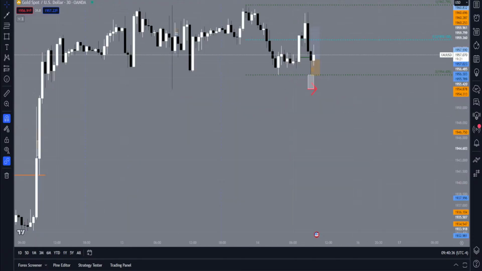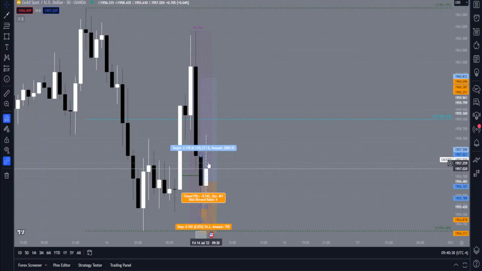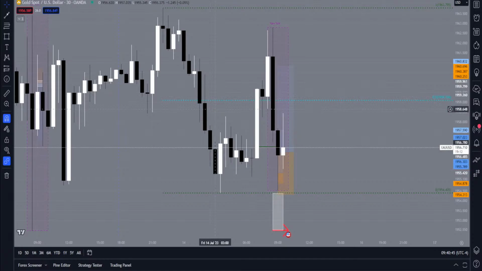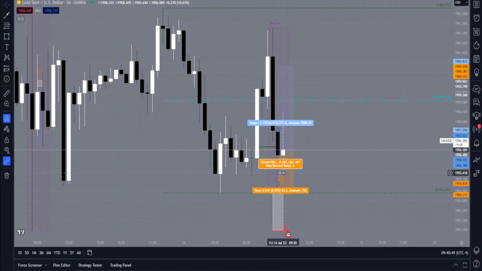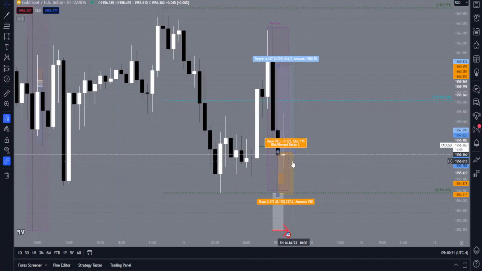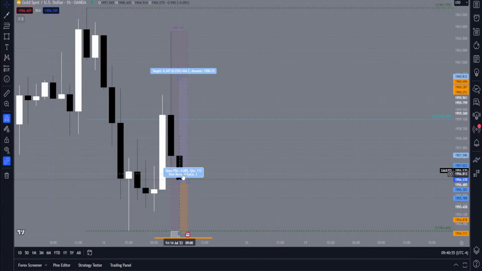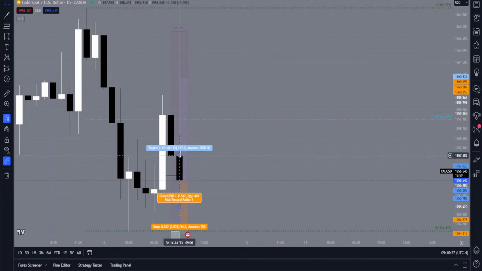Let's take a look at what the 30 minutes is doing. The 30 minutes is trying to create an engulfing candle. But like I said, it could just flip and keep going down. On the hourly, we're still red. We're still